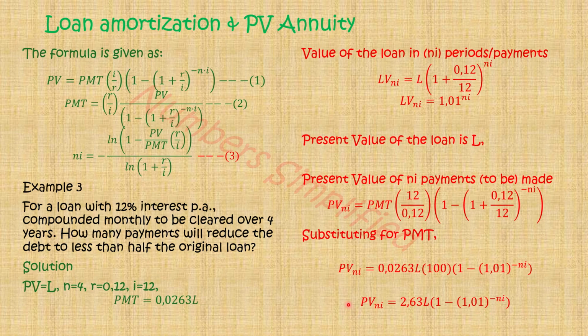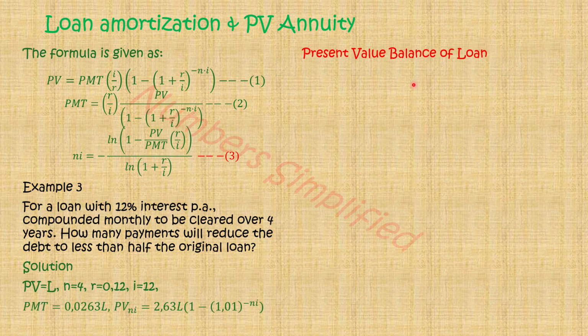So now that we have the present value of the payments, that is to say the value of the payments that are going to be made in NI periods expressed as the present value, and the PMT that we have, we can actually get the present value balance of the loan, because remember, we have the value of the loan after the NI